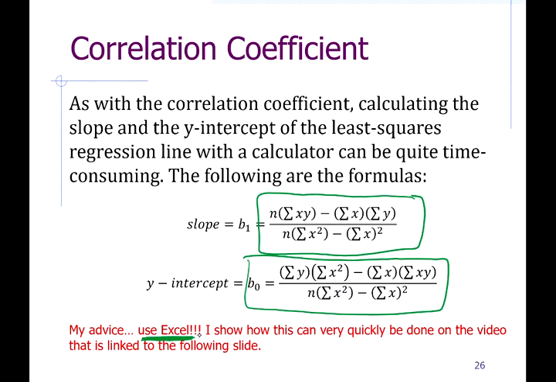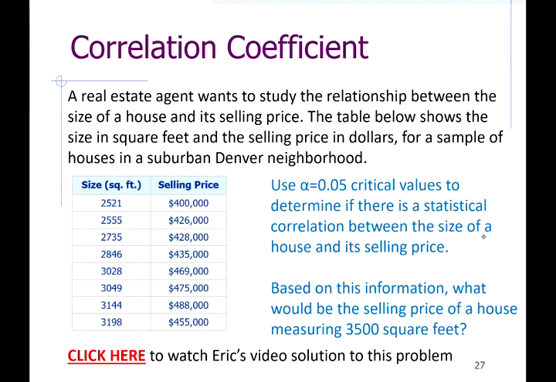So on the last slide, there's one more slide to go. On the last slide, we have an example of a problem. And I have another video where I work through this problem on Excel and show you how it's very quick and very easy to calculate these things on Excel. So you would think there's probably a relationship between the size of a house that's being sold and the price. Not 100% of the time, not always, but if you look at 100 houses or 1,000 houses, you would see a trend probably where bigger houses sell for more money. So here's an example